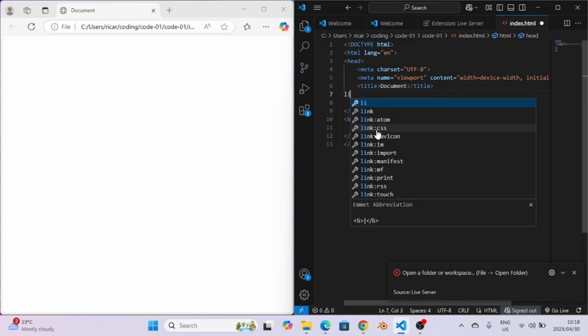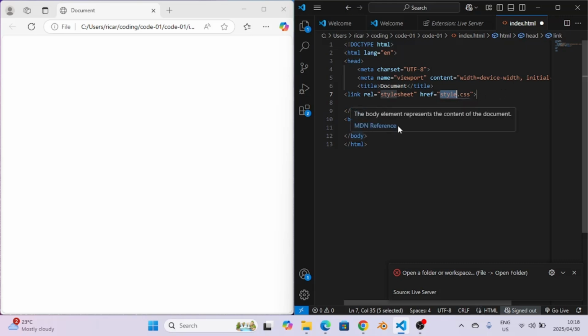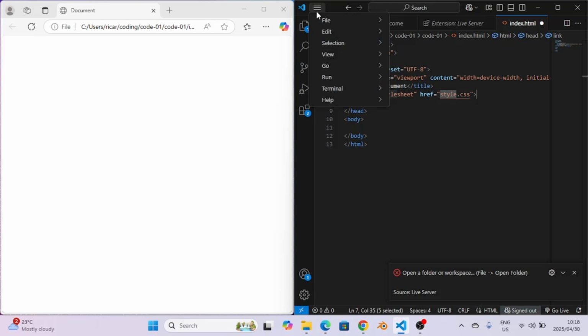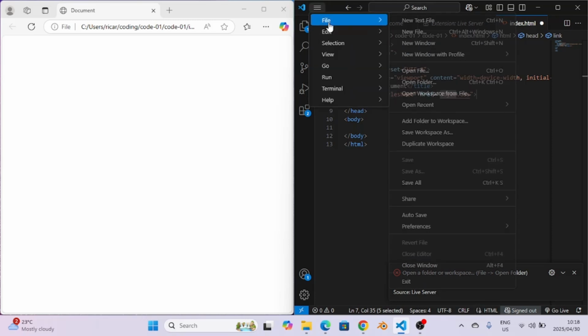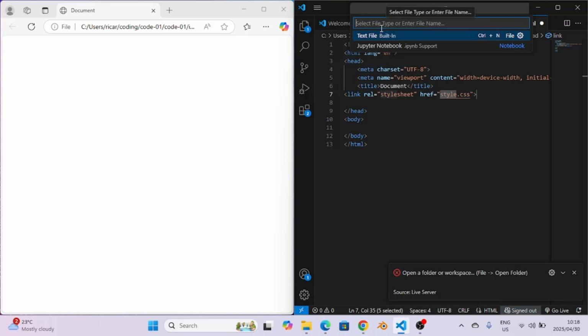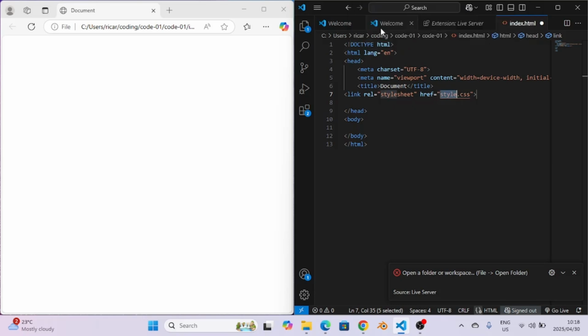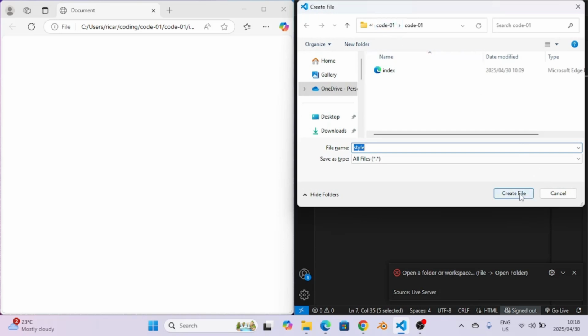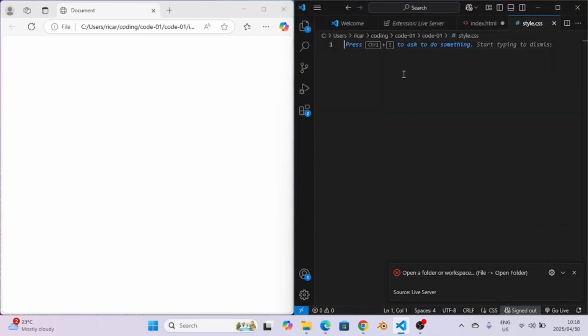CSS folder, so call it that. Okay, go inside here, make a new file, call it style.css. Okay, and then we press enter, and then we press create file. Okay, now that we're inside here,